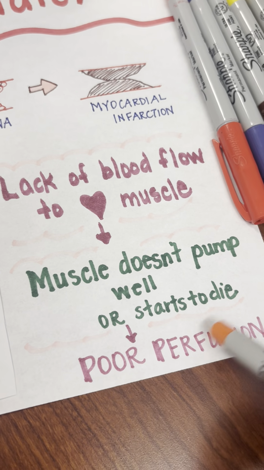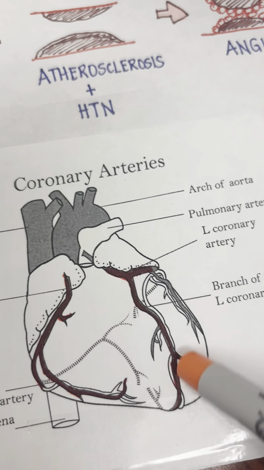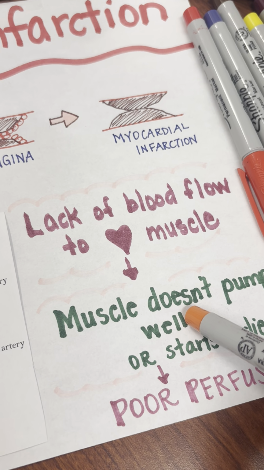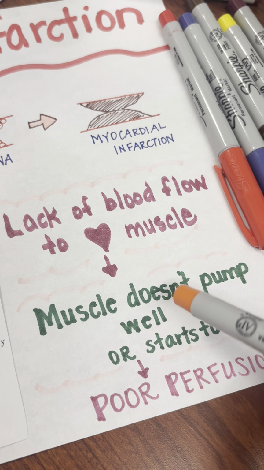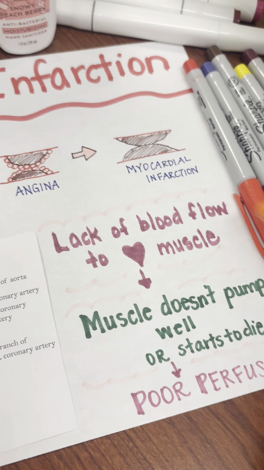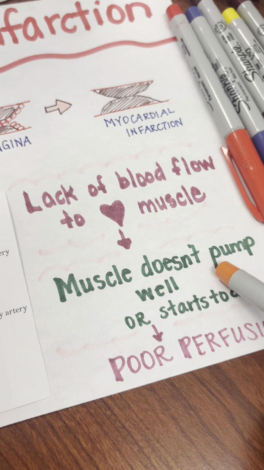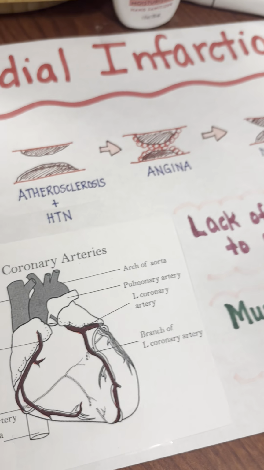Okay, this is going to lead to poor perfusion because these are filled with sludge. Heart muscle's starting to die. Heart's not pumping very well. Patient's not feeling very well, right? And so they're going to get poor perfusion. That's what gives us the signs and symptoms of our typical MI, because the patient's heart is not pumping well because the heart muscle is actively dying.